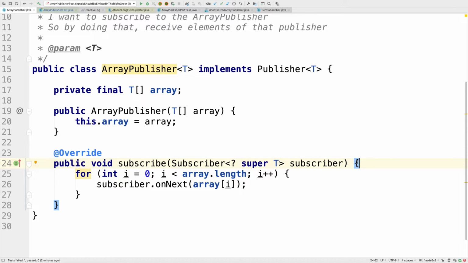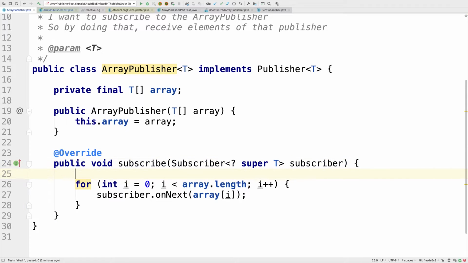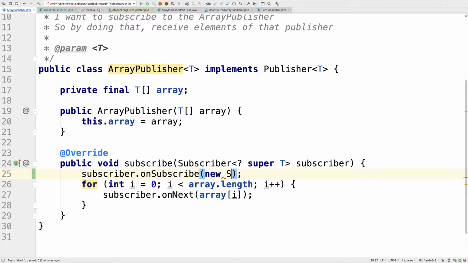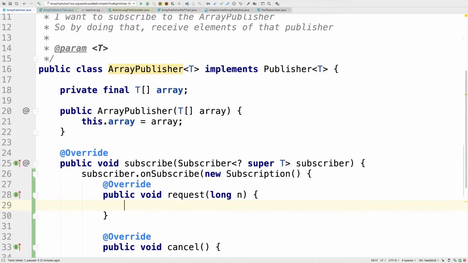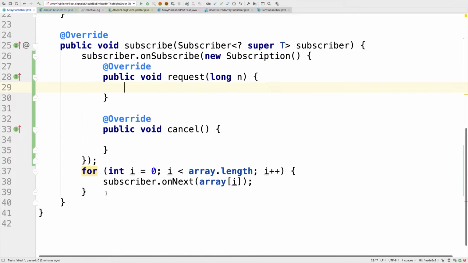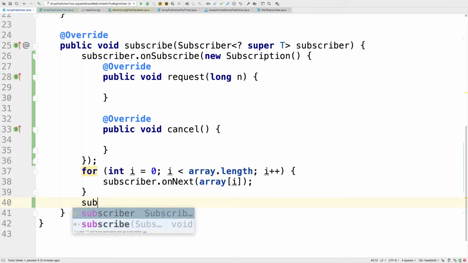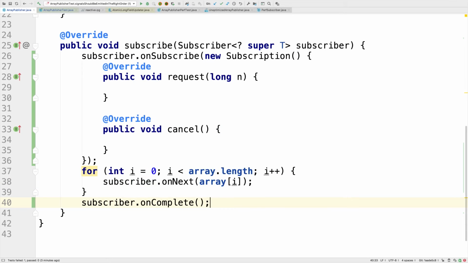Okay, let me hint at the first time, and let me answer this question. The simplest thing we can do is call subscriber onSubscribe here like this, and pass here an empty or anonymous subscription, right? We can do that. And then we can call the onNext method a few times, and then we can call onComplete